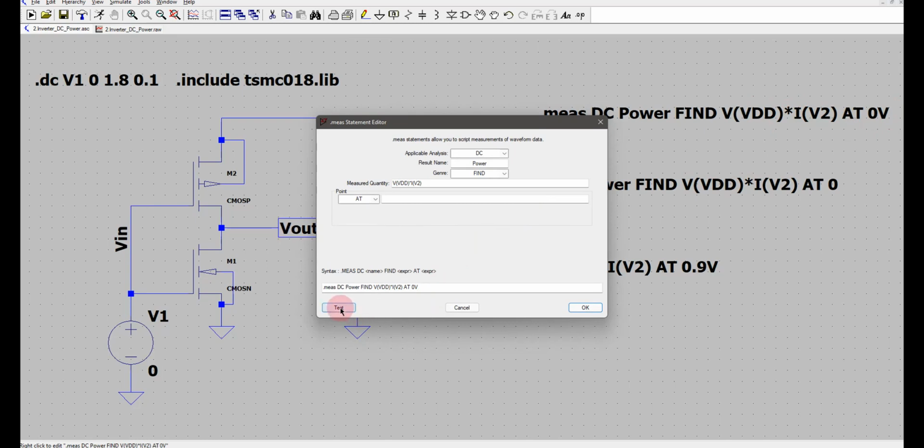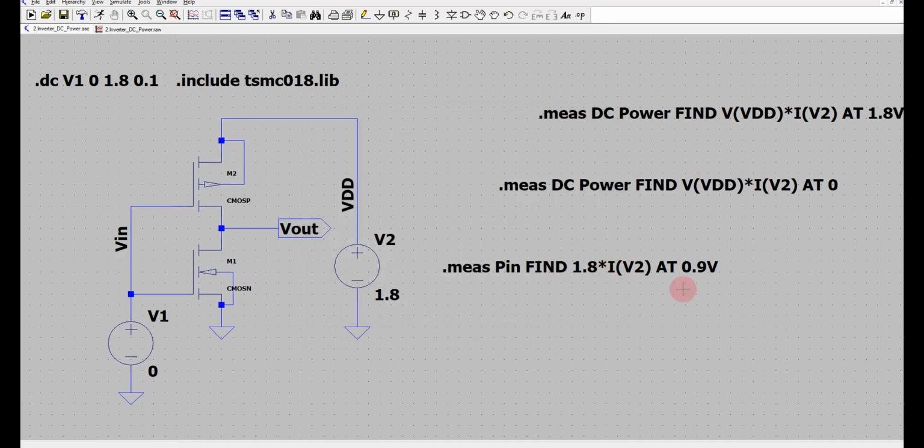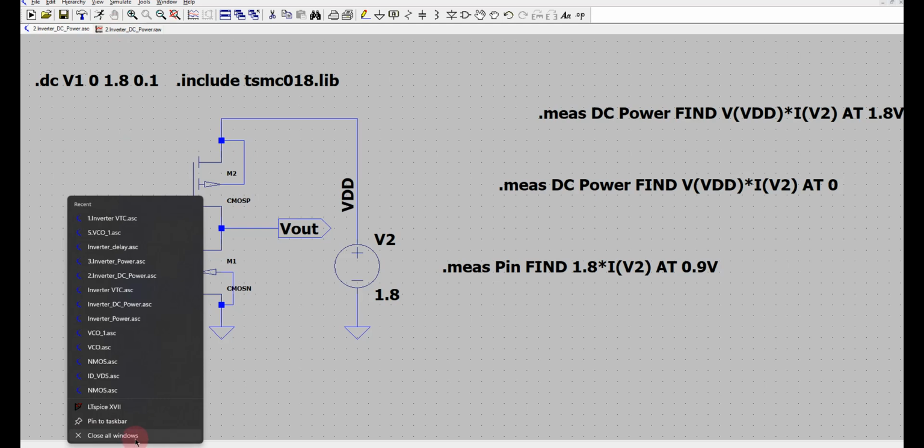So if I click here, if I do test, it will give what is the power, 3.8 into, okay, that is around 35 picowatt. Now similarly if I have to find it at 1.8 volt, I put test, so it will give the power at that particular one. So you can use these kinds of commands also to find the power. Okay, so this is all about static power. So now let's try and find out the delays.